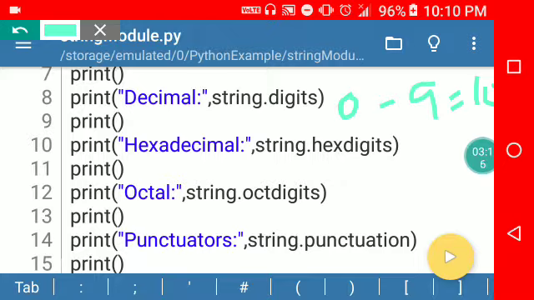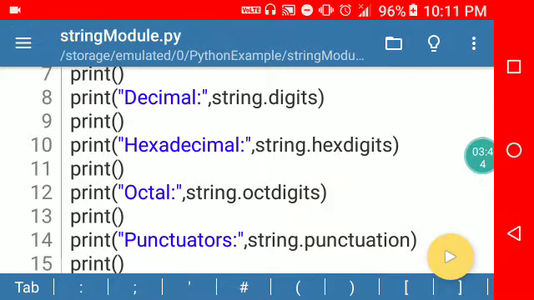Then string hexdigits: the hexadecimal number system uses base 16. It uses the digits 0 to 9 and letters A to F, either uppercase or lowercase.